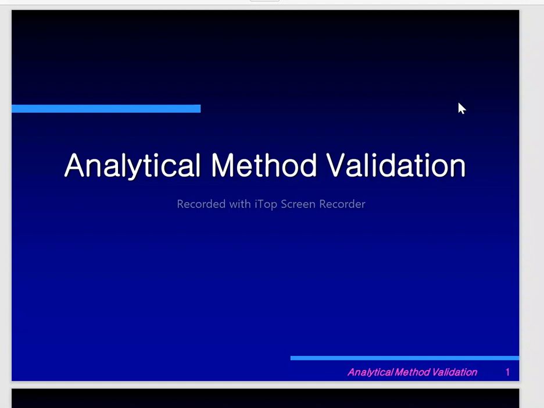Here we are going to know what analytical method validation is, why it is important, what the need of analytical method validation is, and why we perform it during method development and all. Okay, so now let's get started. What is analytical method validation? Okay friends,